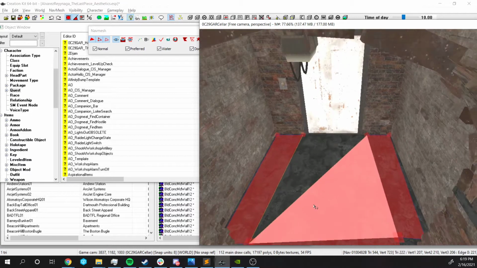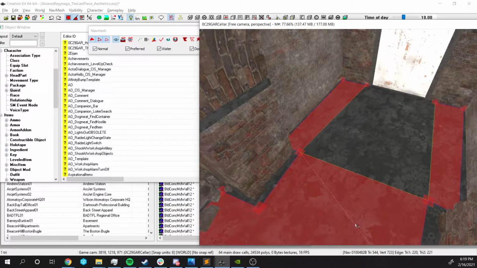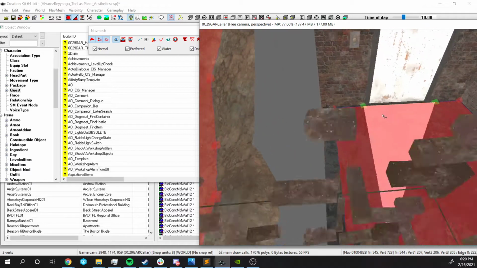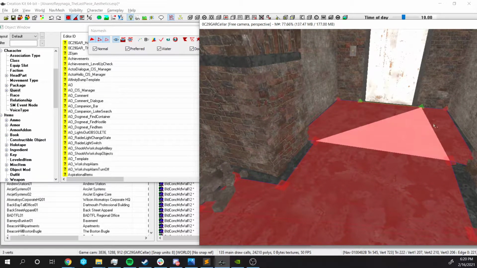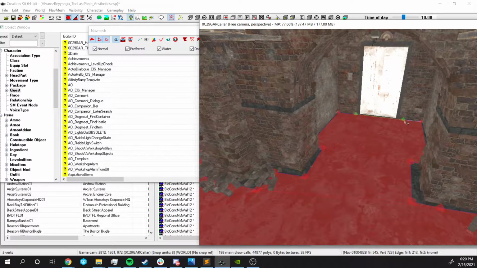I'm going to delete this face. To delete a face, you just select the face and press the delete key. Now, I'll just recreate this face by clicking on the vertices and pressing A. And as you can see, this is just a normal face. Nothing else happens here. To create a portal, if I have my door set up correctly, I just go to